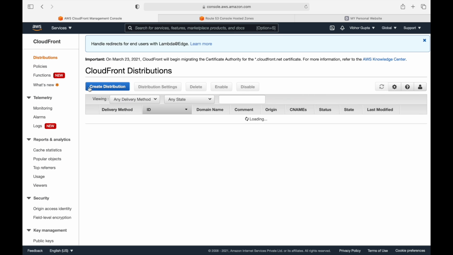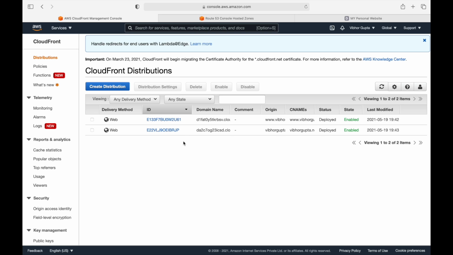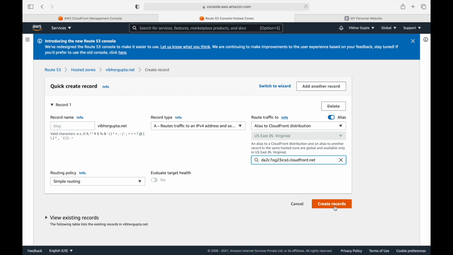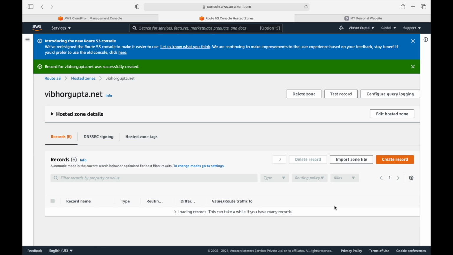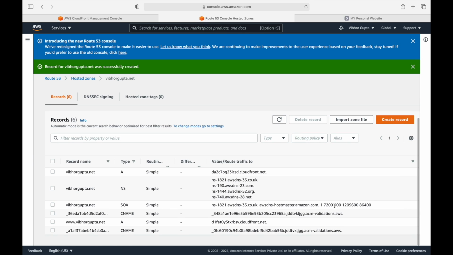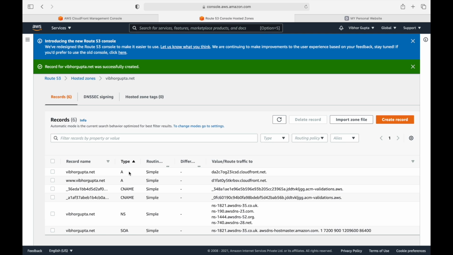Go back to distributions, and then DA2C7, that is correct. Click on create record, and both our A records are created. We have two A records, two CNAME records, and two default records that are created when we create the hosted zone.